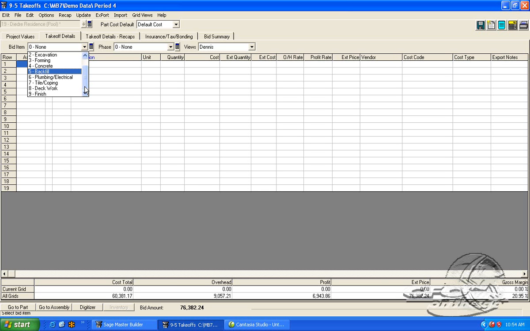In this case, we're going to assume that this is how we get paid, that each one of those bid items, as we complete the forming, there's a draw. As we complete the concrete, there's a draw. Again, I have to use a little imagination here to make it fit for your business, but as we've said